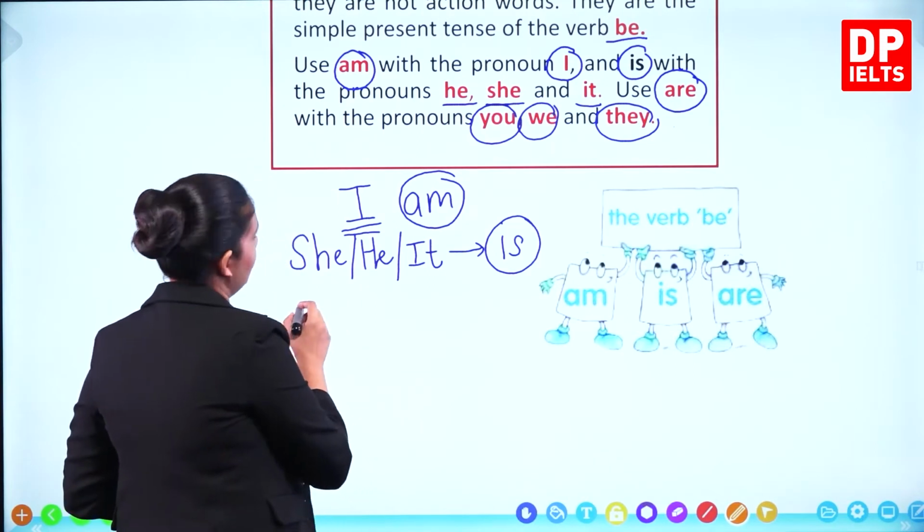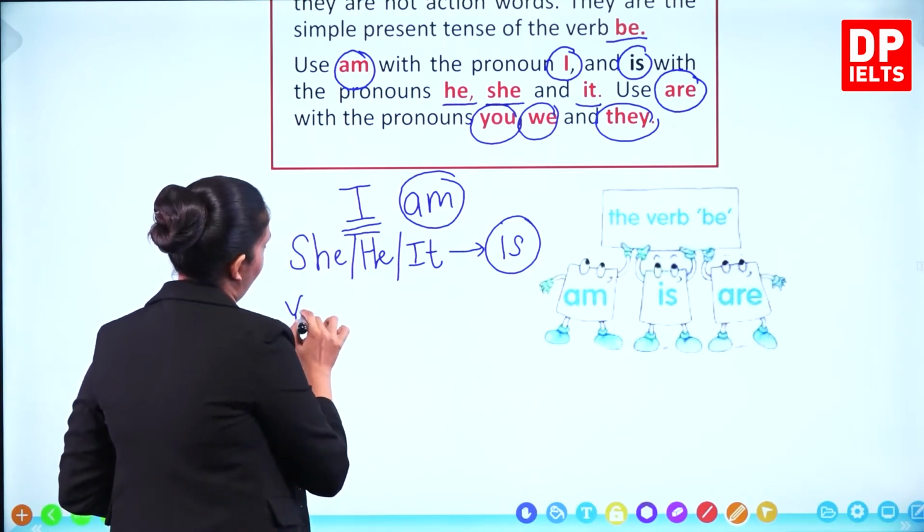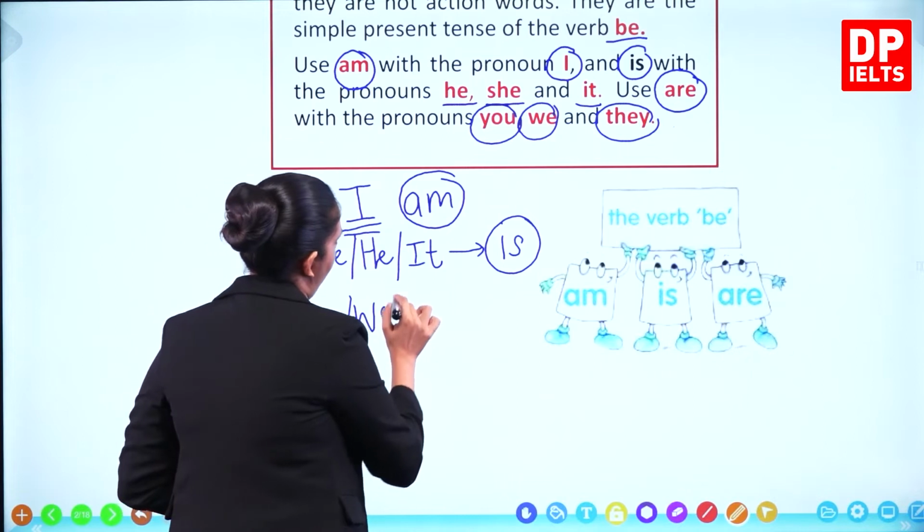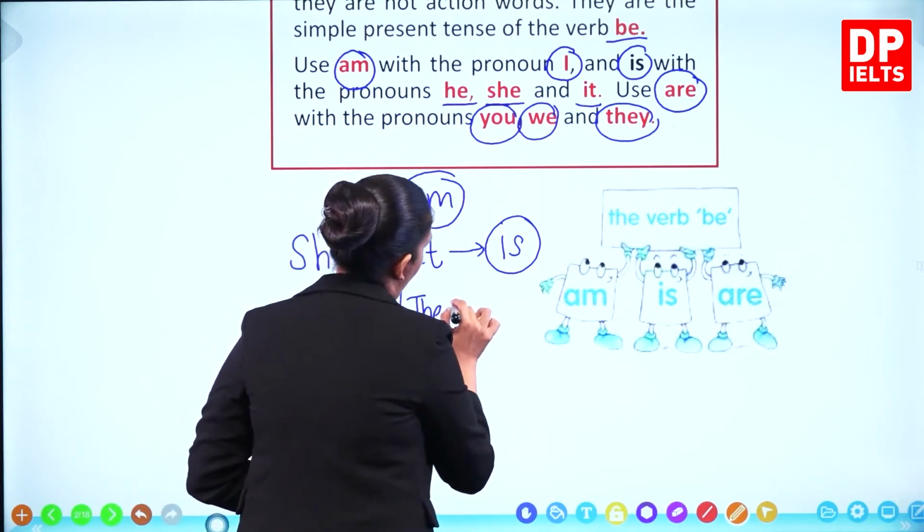So you can say you are, we are, they are,